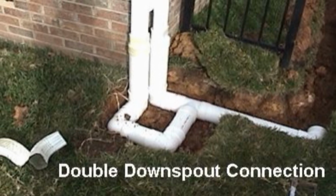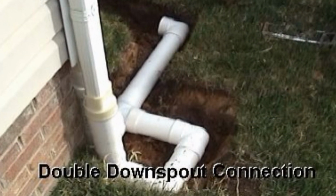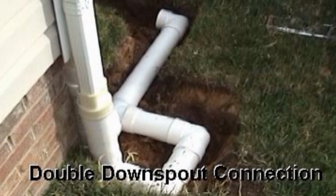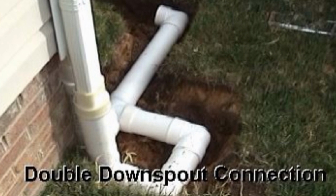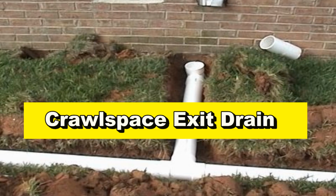The downspout drain, it's the most important drain in the rainwater drainage system. The downspouts move that roof water away from the house. Without the downspout drain, that water ends up down in your crawl space. This home has that double downspout connection, and we also waterproof the crawl space, so we've got an exit for